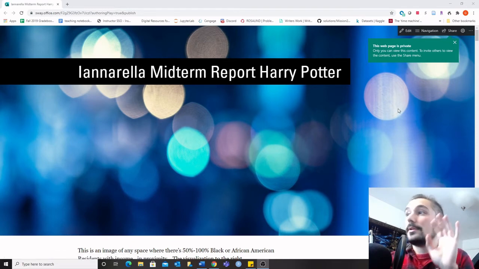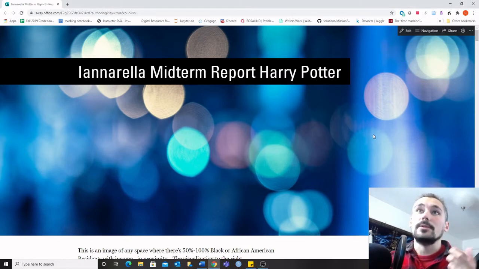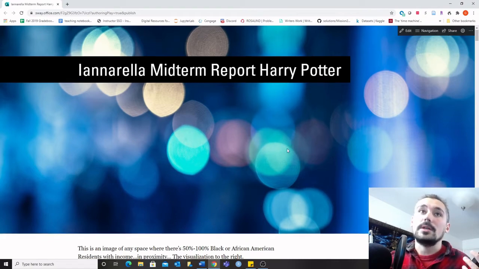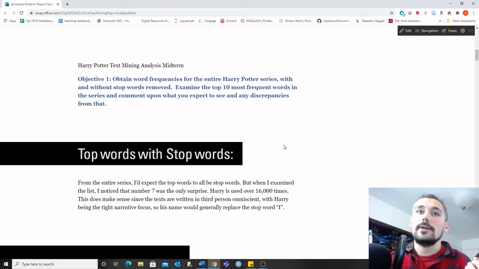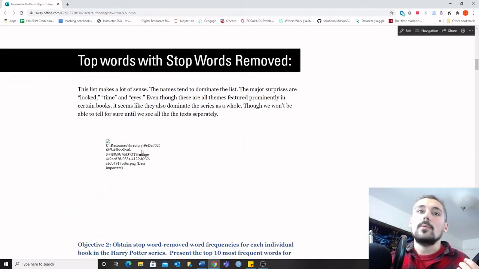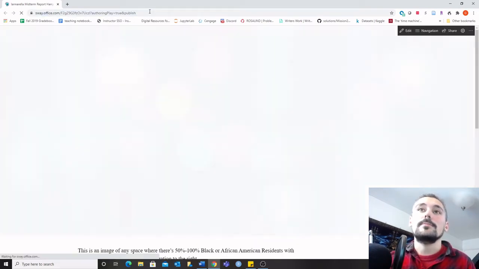And just keep in mind, I didn't do anything to this Microsoft Sway. This is exactly what the program guessed that I would want this to look like. So there's going to be some wonky things, and I'm going to show you exactly how to navigate those. One thing that you'll notice really quickly is that sometimes it takes a little while for some of the